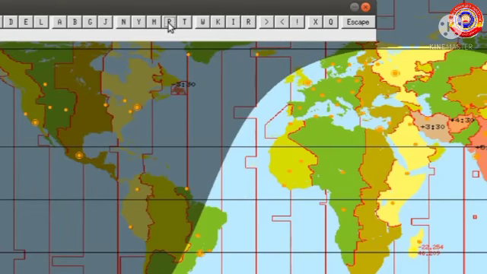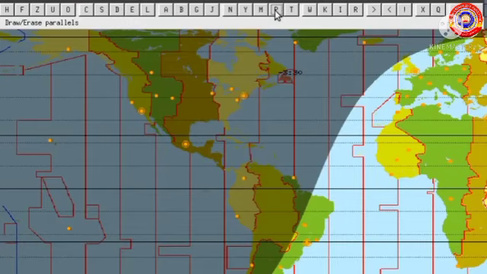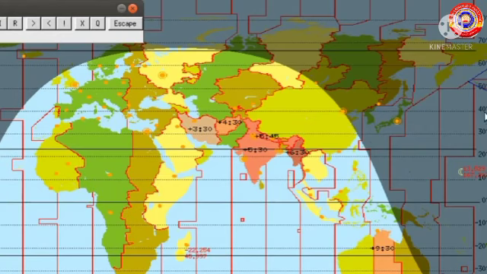Now, to display all the latitudes, we can make use of this P button. See, when we give one more click to the P button, the degrees will appear at the left side of the window. See, here we can see 10, 20, etc. Then at 23.5 degree, the Tropic of Cancer is seen. Clear all of you? Now, when we give a click again, the degrees will shift to the right side of the window.